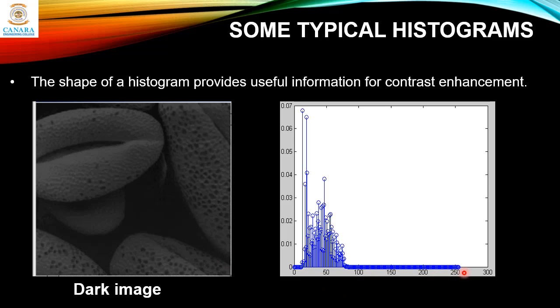So 255 is the maximum value, but for this image, most of the components of the histogram are on the left hand side, because it is a dark image. The maximum pixel value that you can see here is around 80, and every value is below that, and you have more representation somewhere around 10 or 15, so dark pixels are more here. It's a histogram concentrated on the left hand side, on the darker side. So by looking at this histogram, we can tell that the image is a dark image.